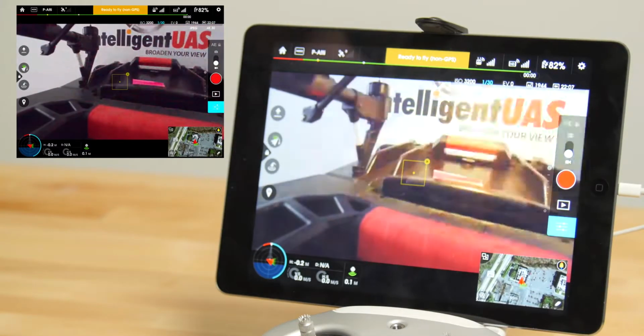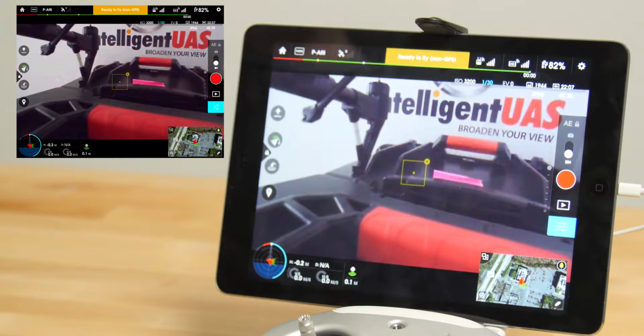Well, this has been the Inspire 1 explanation video. If there are any particular features that you're interested in that you would like us to go into more depth about,